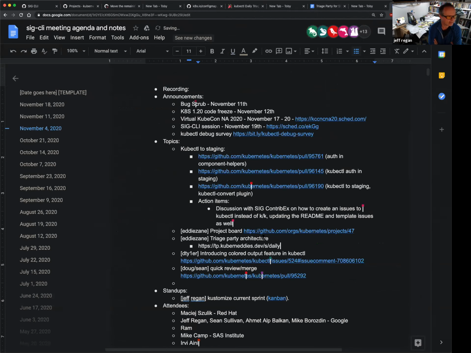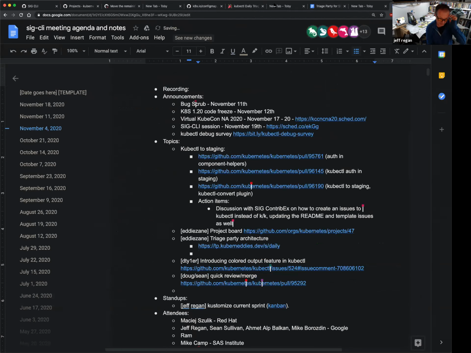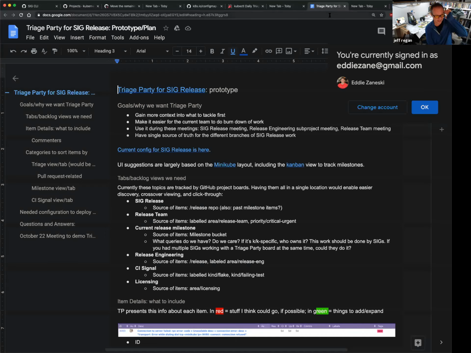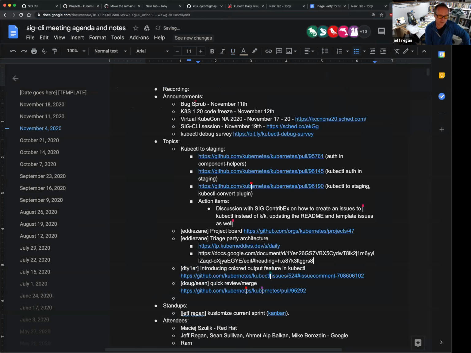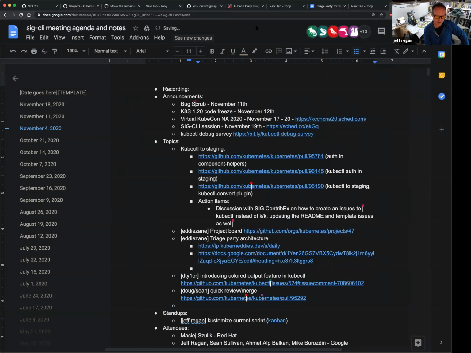It'd be good to have, I'm assuming there might be discussion here that compares this approach to using the GitHub Kanban style project organization tool. Yeah, so